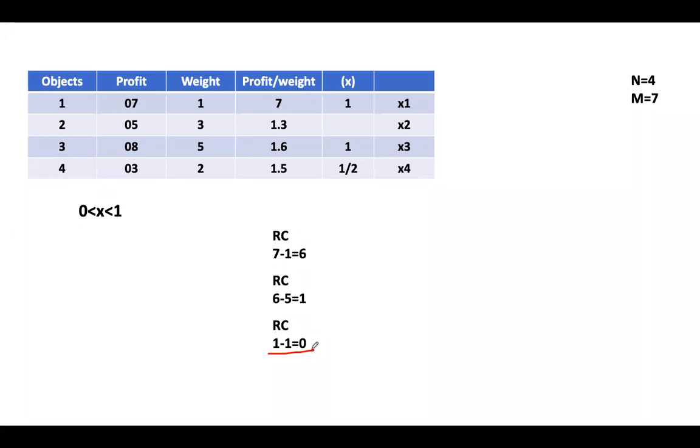Is it clear? Have you understood? Or do you want me to explain it again? Because if you have understood this, writing the algorithm is very simple. The algorithm just takes the same flow. Okay, good. Then I will continue further. So we have completed our bag. 7 kg was the capacity, and we are done with it because we have selected all 3 objects such that our bag is full.